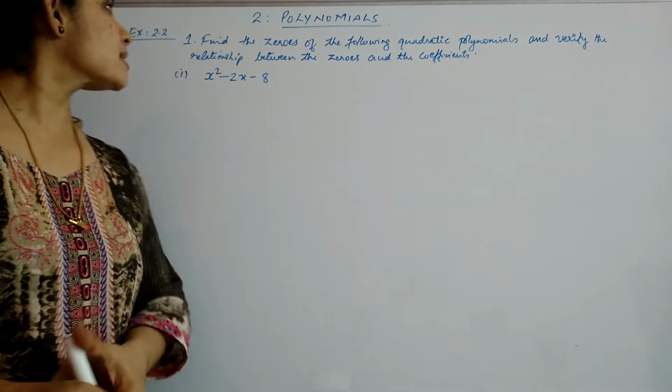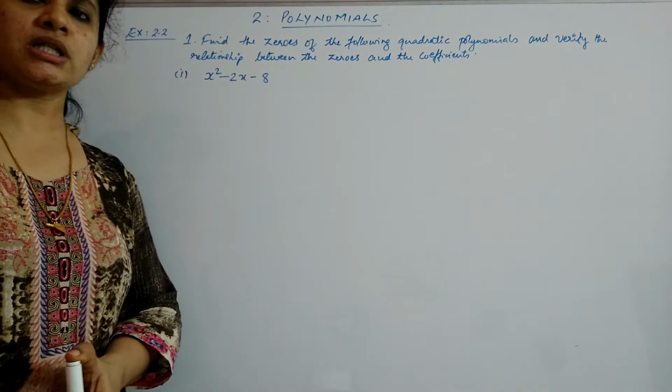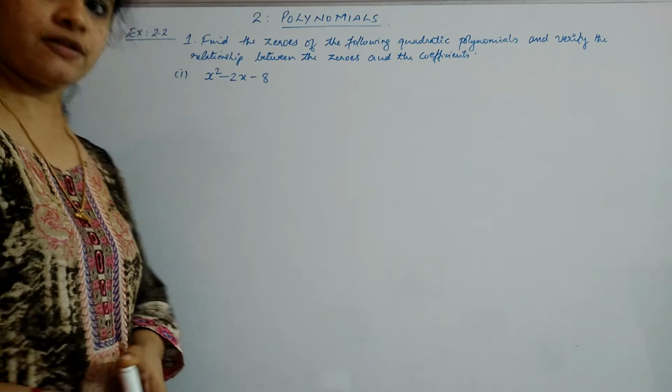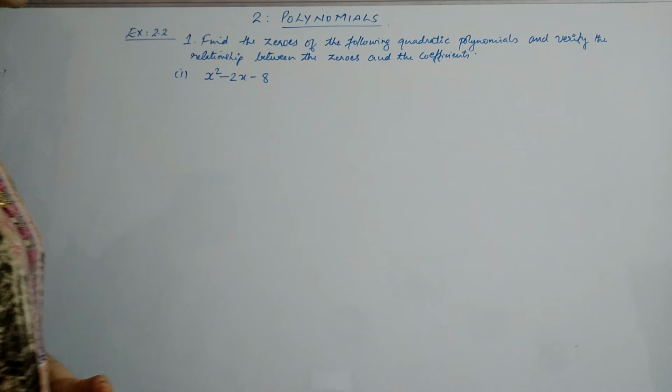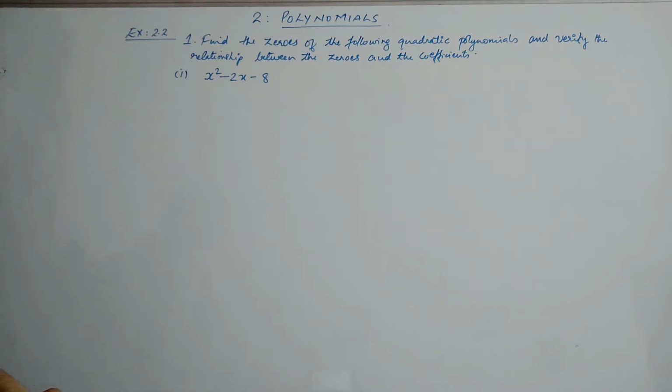We are discussing exercise 2.2 of chapter number 2, polynomials. The first question is, find the zeros of the following quadratic polynomials and verify the relation between the zeros and the coefficients. So first we will find out the zeros of the given polynomial, which is x square minus 2x